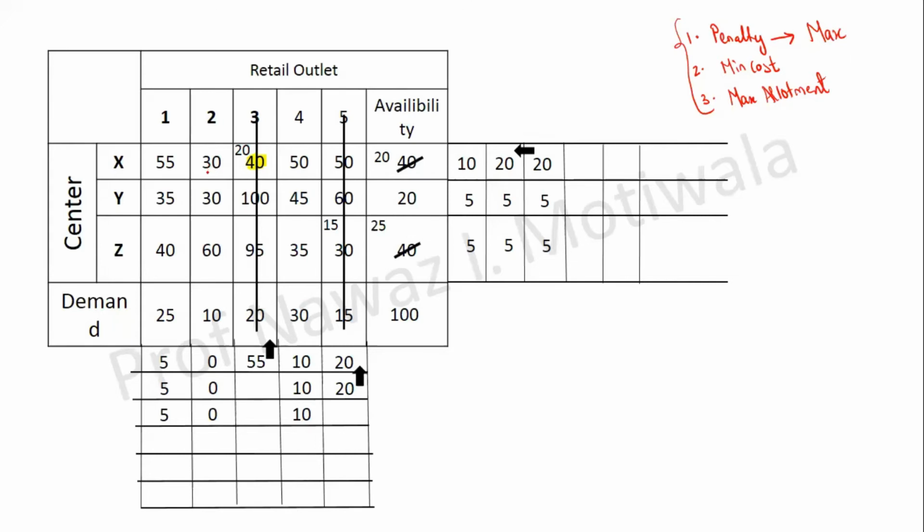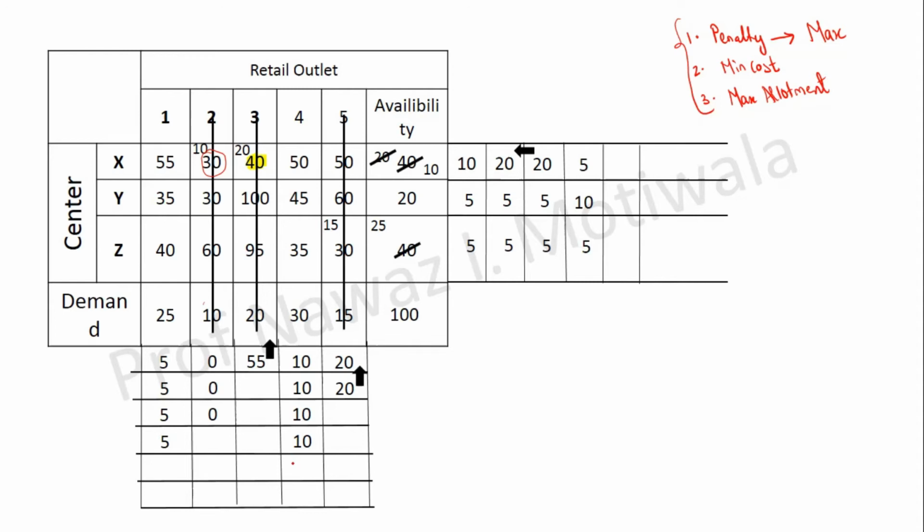So how much will be allocated at this cell, 30? 10. 10 will be allocated because the minimum of supply and demand is 10. Now the counter effects: this 10 will go off and this 20 will now become 10. So this iteration is also over. Now going for the next iteration, again I will find the penalties. The penalties are now 5, 10, 5, 5 and 10 respectively.